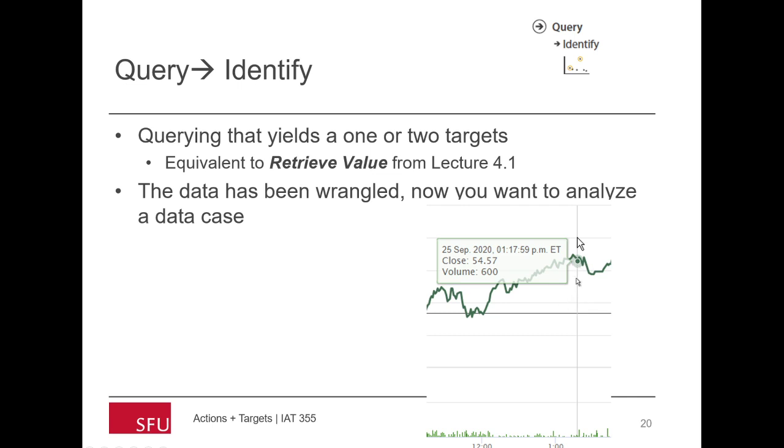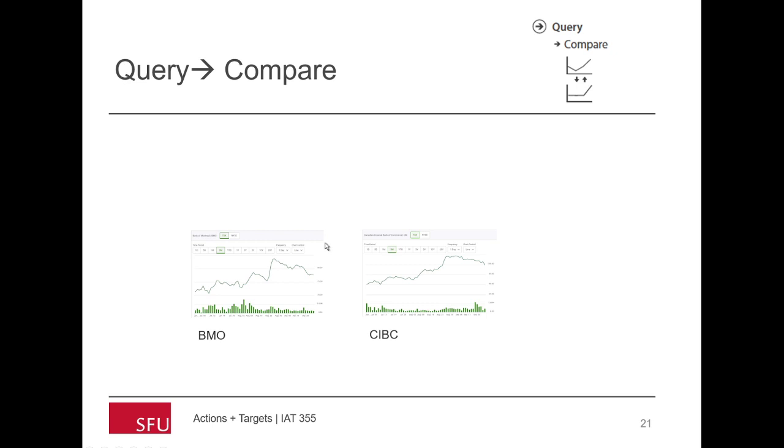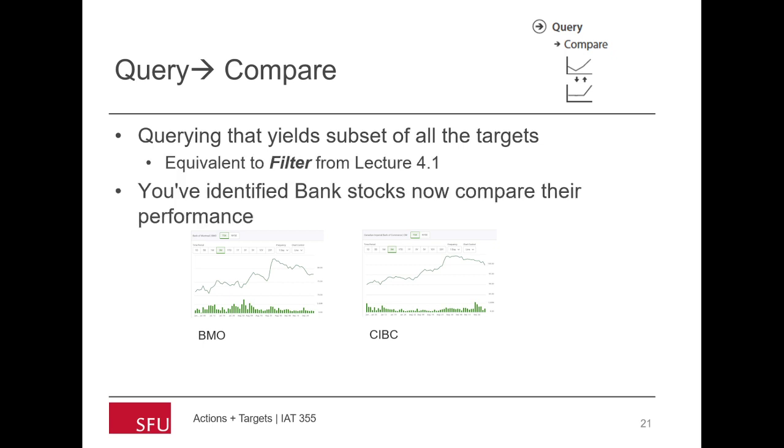And what I've done is hover my mouse on the timeline, 1 in the afternoon, and got a price that the stock was sold at that time, and the close was $54.57. Next is compare, and typically what you're doing is some querying that yields a subset of all the